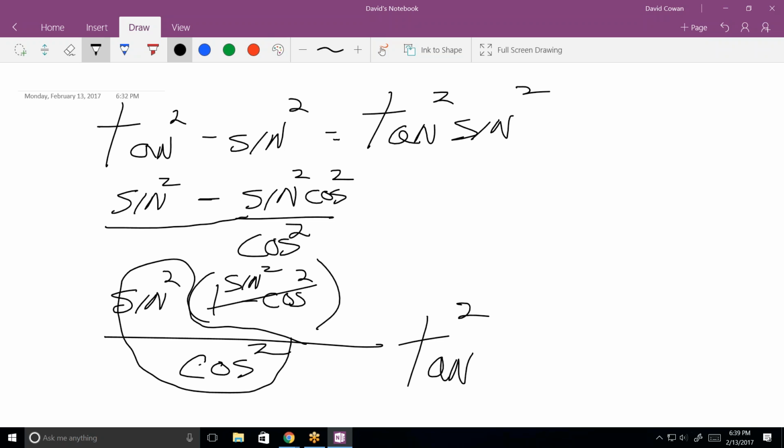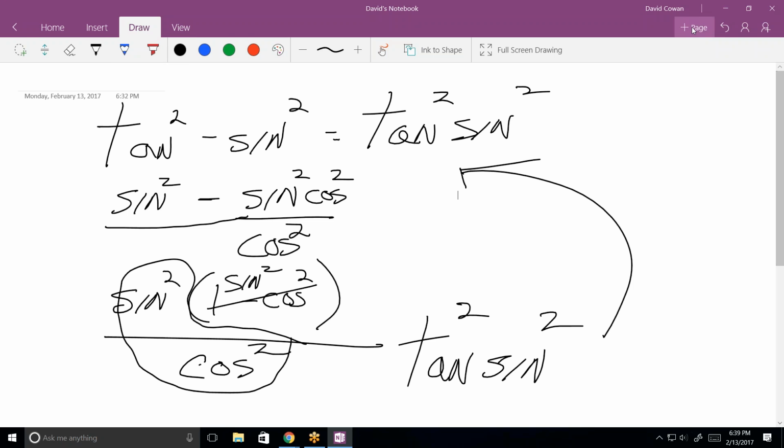I end up with tan squared sine squared. Man, I'm having a lot of trouble with these. Well, these are hard. You're going to have trouble with them. But trust me, they'll get easier as you do them. The entire key is memorizing those